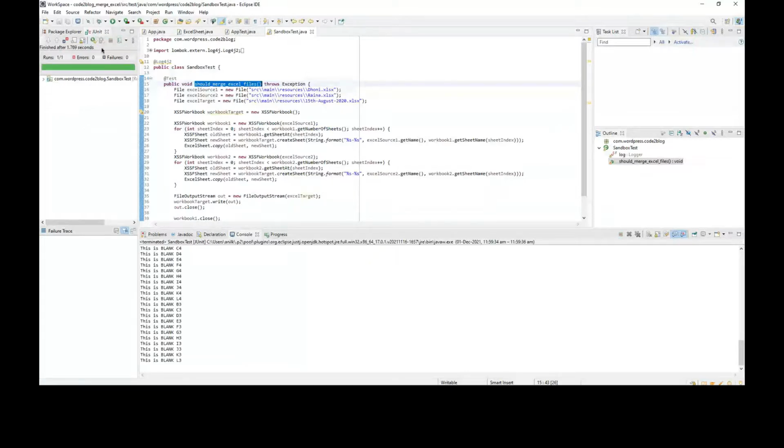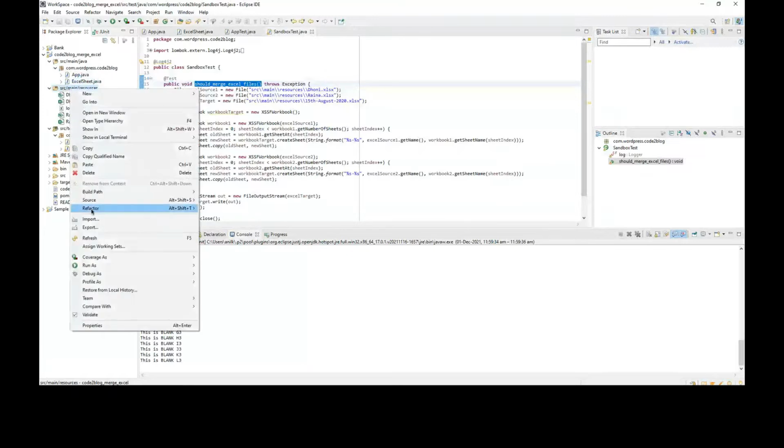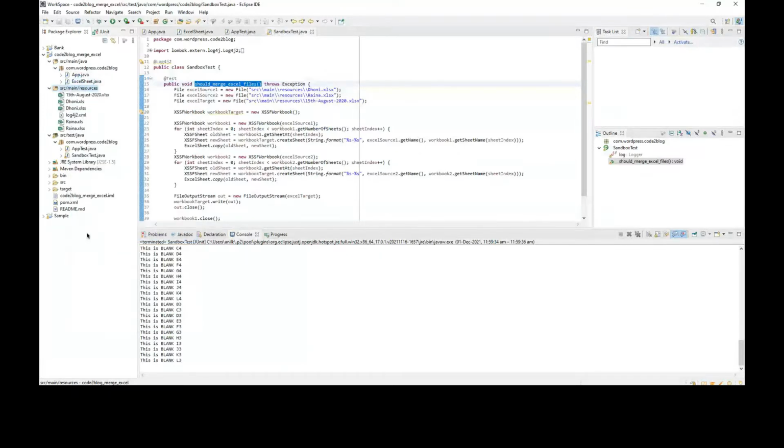Okay. Now switch back to Project Explorer, refresh that resources folder, right click on resources and say refresh. Okay. So that file is getting generated. That code is getting executed.